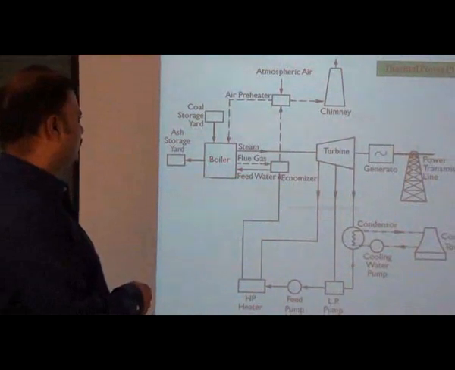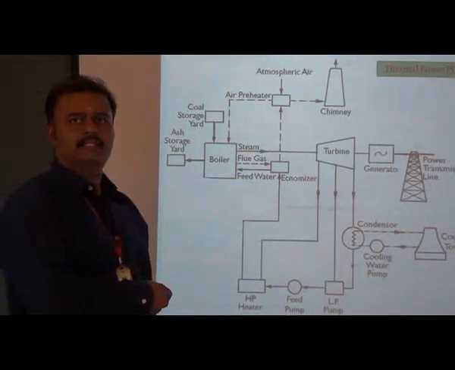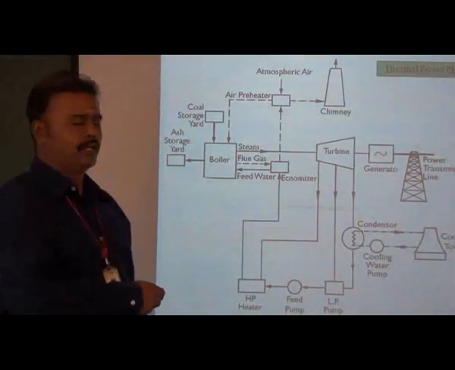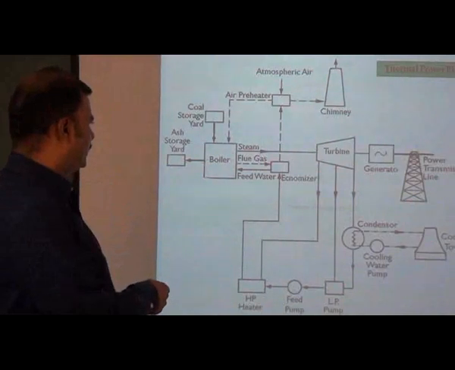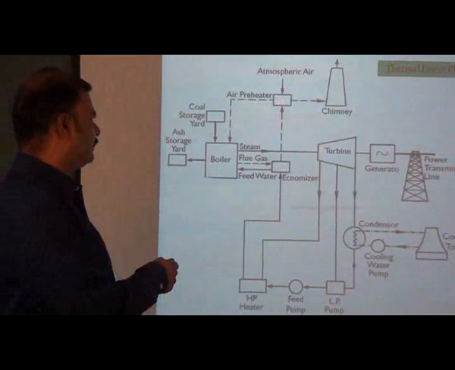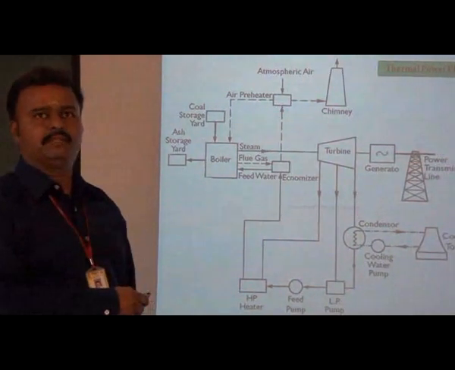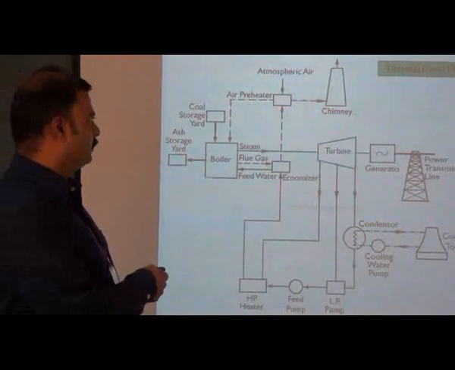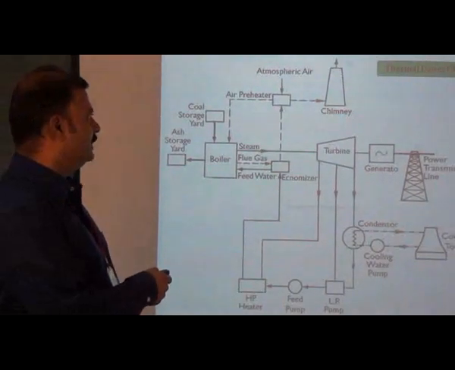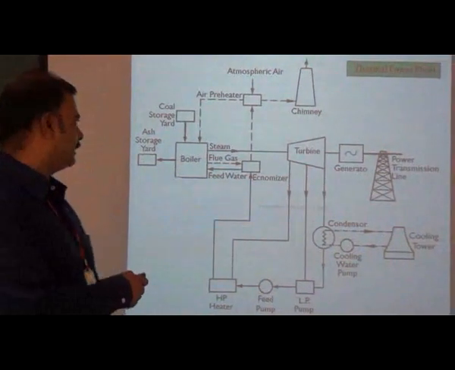And the flue gas which is coming from the boiler is passed through the economizer. The purpose of the economizer is to heat the feed water. And the exhaust gas, again having a huge amount of heat, is passed through the air preheater. Finally it passes through the chimney. The purpose of the chimney is to let the pollutant particles settle down in the chimney, and only after a certain height can it be released to the atmospheric air.